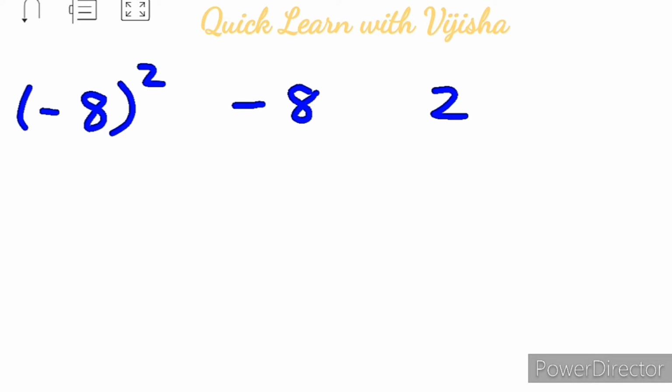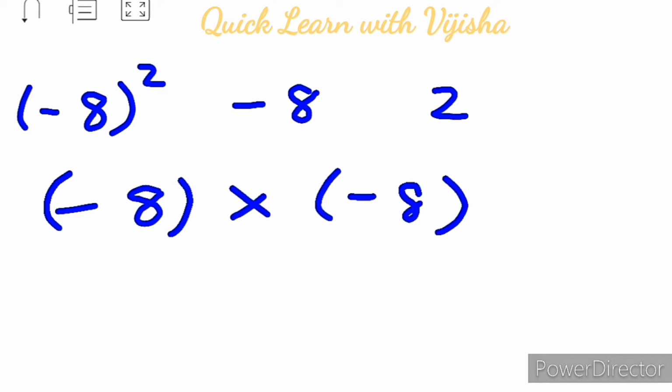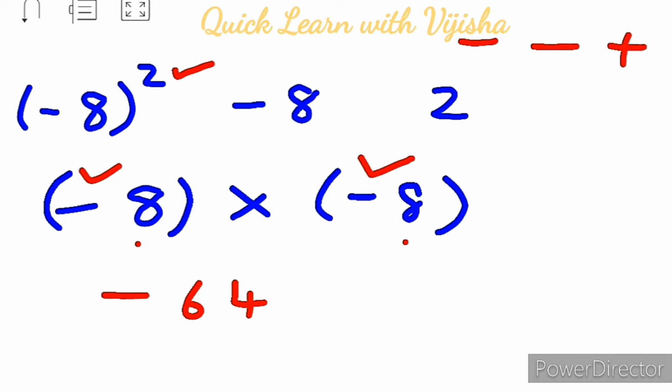We'll see the third question. In the third question, the indices form is not written. It is given as -8 as the base and 2 as the index. So what will be the indices form? -8 raised to 2. Understanding children? How will we write it in multiplication form? -8 is your base, so it has to be written 2 times. Because here it is given as square, means 2. Now we will do the multiplication. 8 8s will give you the answer as 64. Don't forget the signs also, minus and minus. Minus and minus will give you the answer as plus. So plus 64 is your answer. Understanding children?